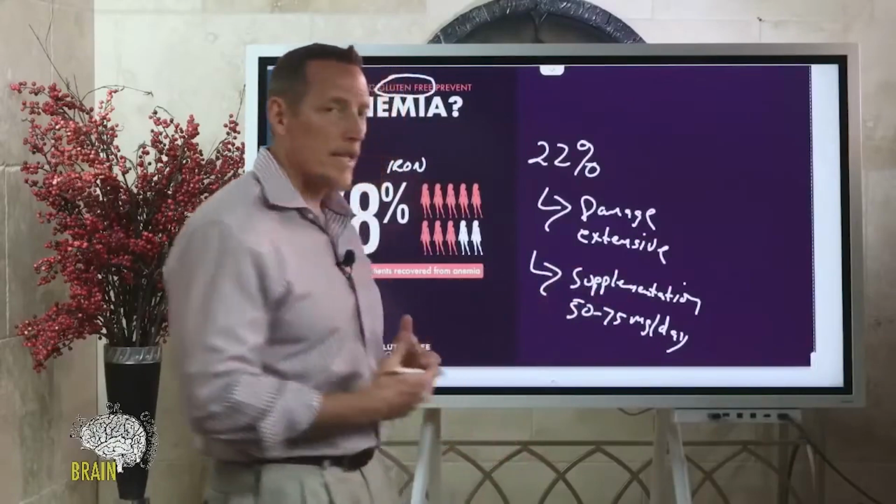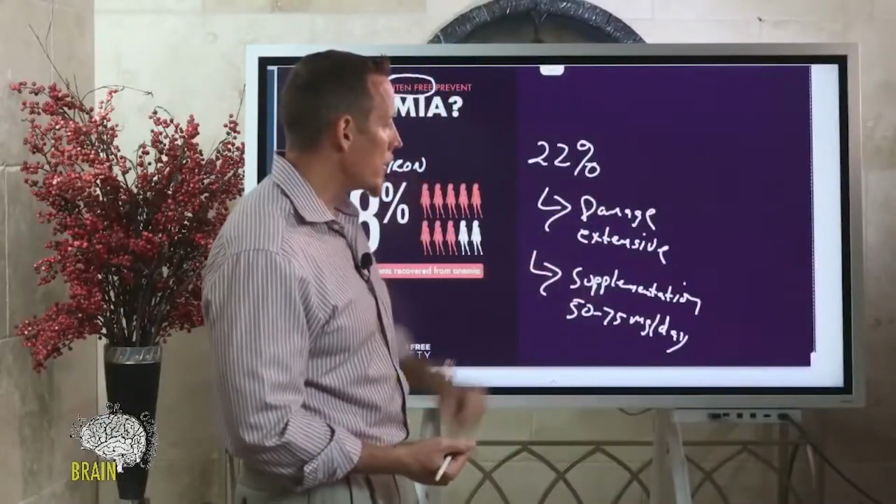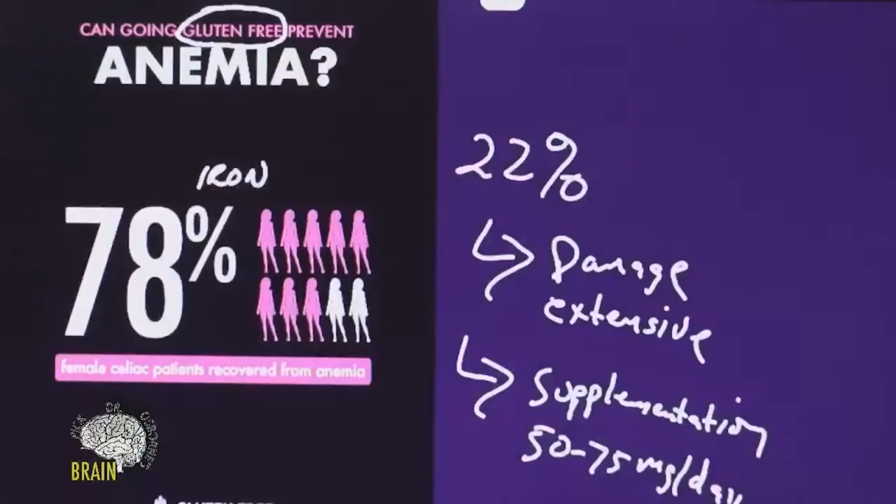One of the problems with taking iron if you don't need it is it's oxidative, and iron can be very damaging. So it's important that you don't just go and take a bunch of iron without actually finding out whether or not iron deficiency is your problem. But the damage can be extensive. Supplementation can correct it. In some cases, you got to have